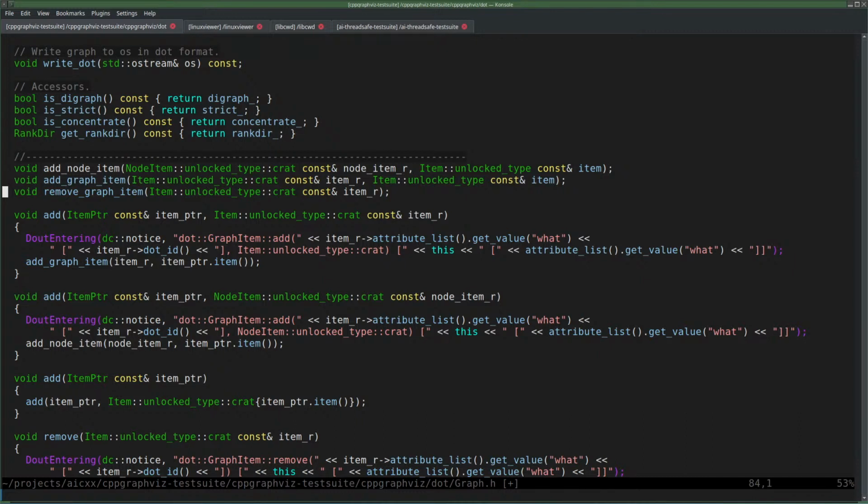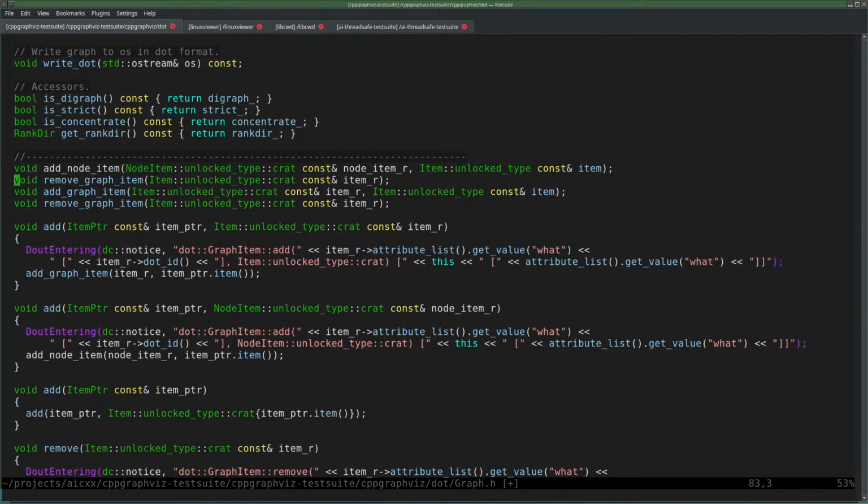And I'm not using it, apparently. Let's add that as well then. So node item. Got to keep the stuff in balance.